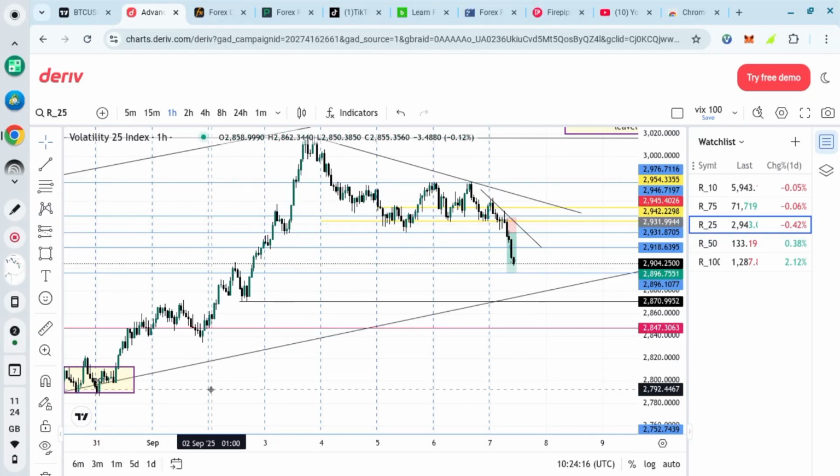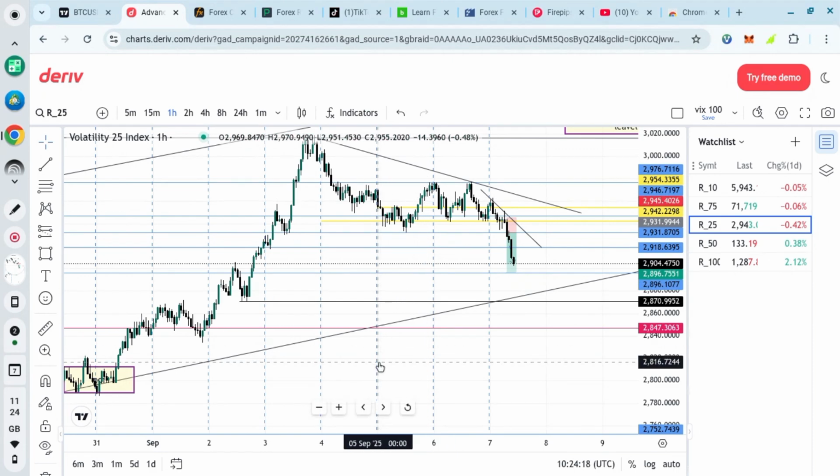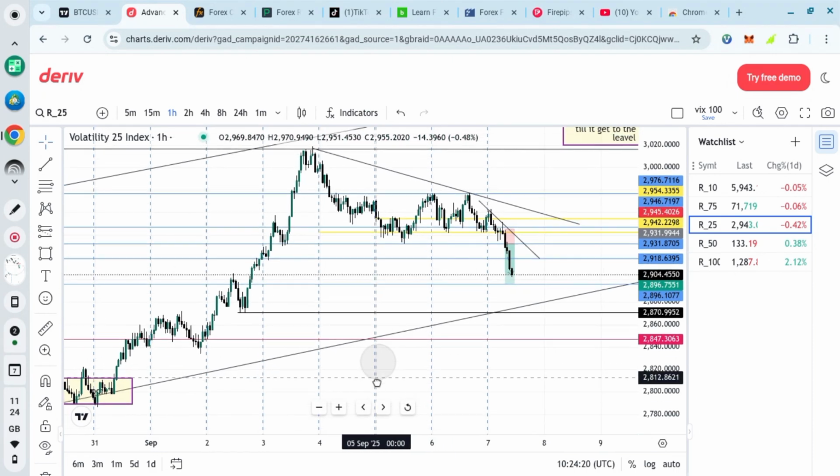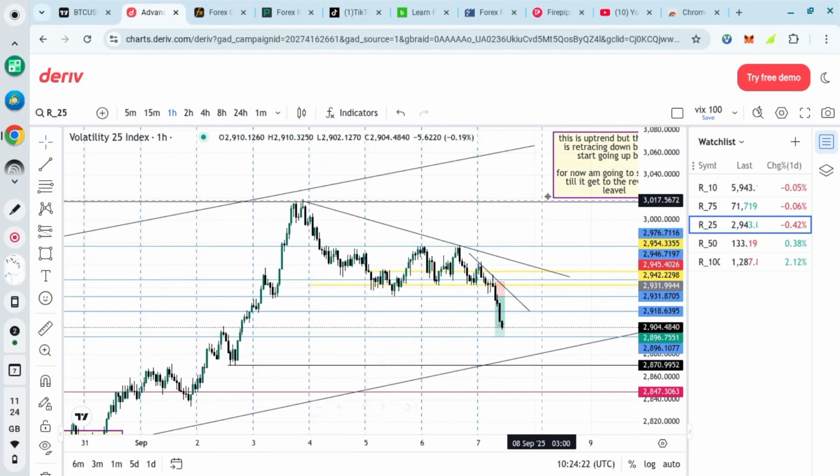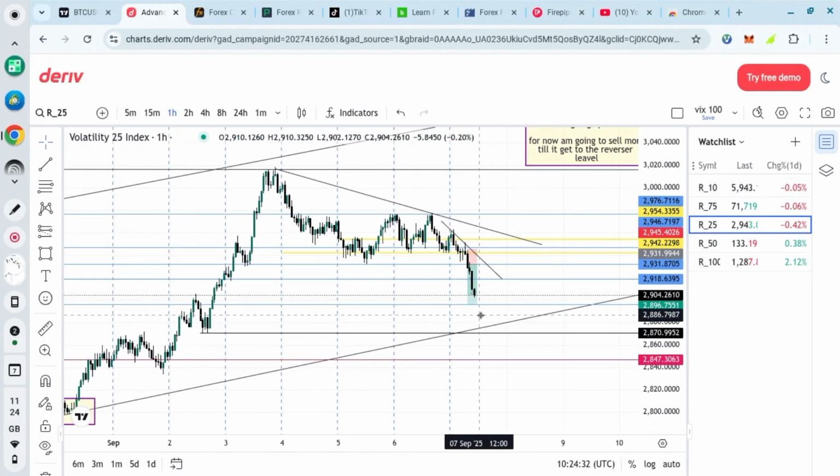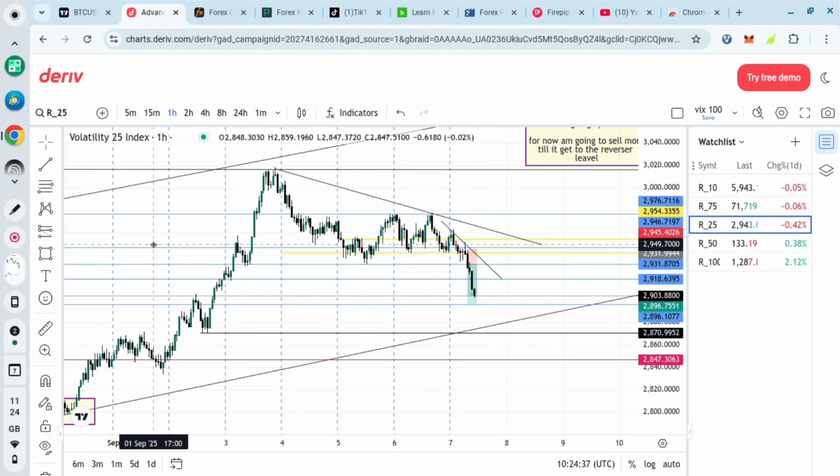The reason why I made all these lines at the top is because this trend is an uptrend, so I am more interested in the up. That's the reason why I mark out all those zone areas that the price may actually react to. So now once it gets here, we should be expecting it to drop here. So in my 15 minutes,